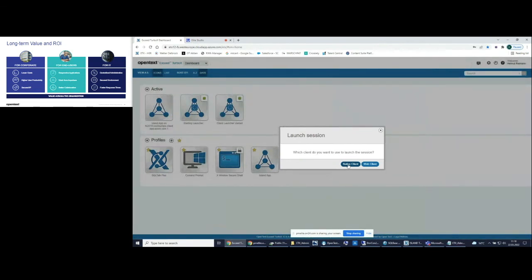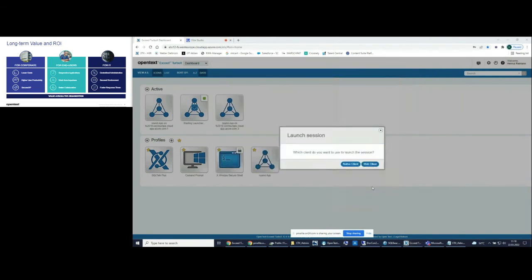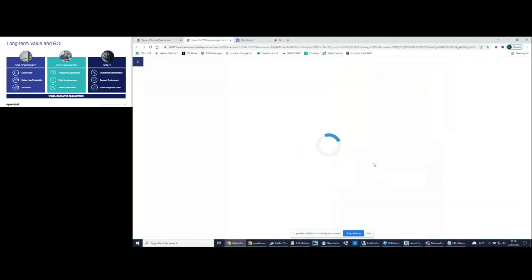The process launches as a session, and you will see after a while, it takes a second, this application is now running remotely. The application is running inside the cloud on a server, and again, you will see all this information, column was changed, and so on. I bring it back, save. I can do an exit, or I can launch it as a web client,